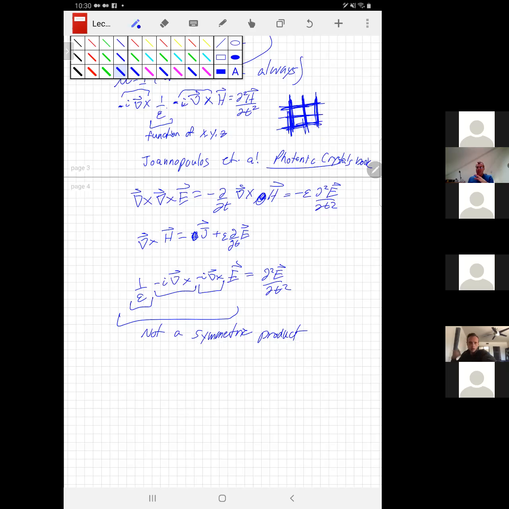It's not that much harder, but it's a little bit messier to do the quantum mechanics of electrons or atoms interacting with EM waves if you do everything with magnetic fields. So it's not a symmetric product, not Hermitian. Now I'm not going to have you on the follow-up assignment do 3D derivatives of vector fields. I'm going to have you do something much simpler. I'm going to have you compare this equation